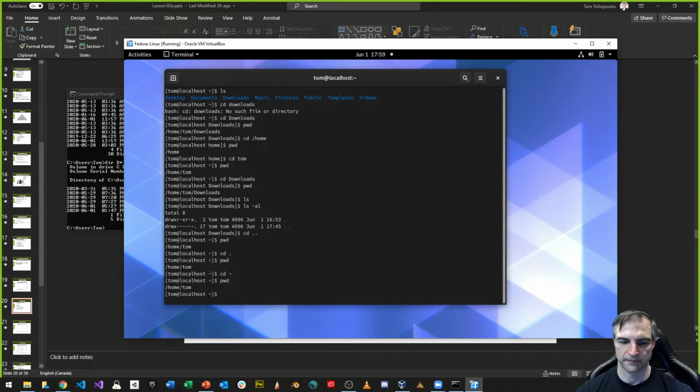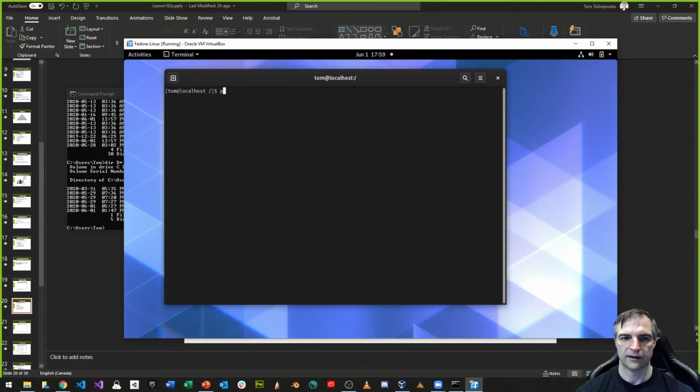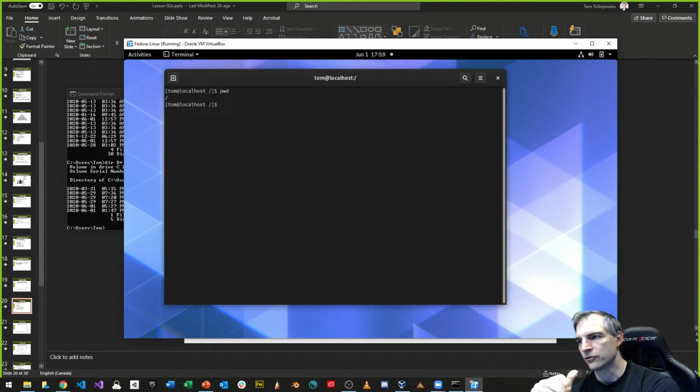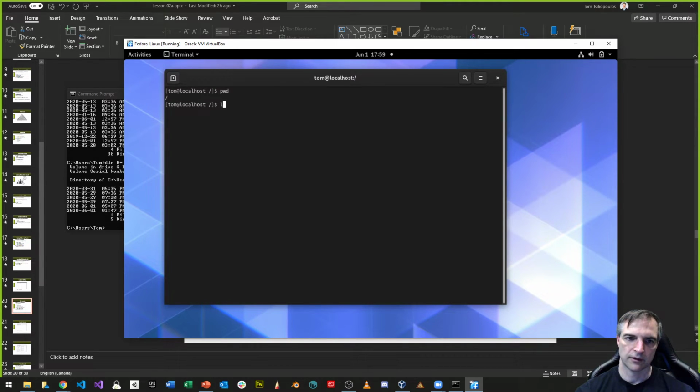For example, if I went to cd slash, and cleared the screen, and did a pwd, you can see now I'm in this slash folder. Slash, in your mind, should be root. That's the root folder. So if I did a list now, ls, you can see that there are a lot of files in the root folder. And I want to go back to Tom